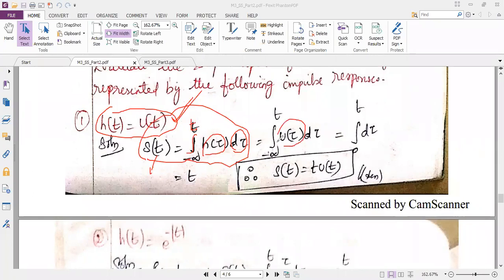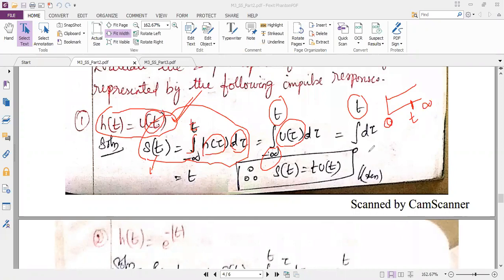You know what is the usage of u of tau? U of tau means the input signal is present only from 0 to infinity. But as per the formula, the highest limit is t only. So t is somewhere between 0 and infinity, so we will always take the upper limit as t. The lower limit we can change as per the given data. As per the given data, I have u of t, so u of t is starting only from 0.